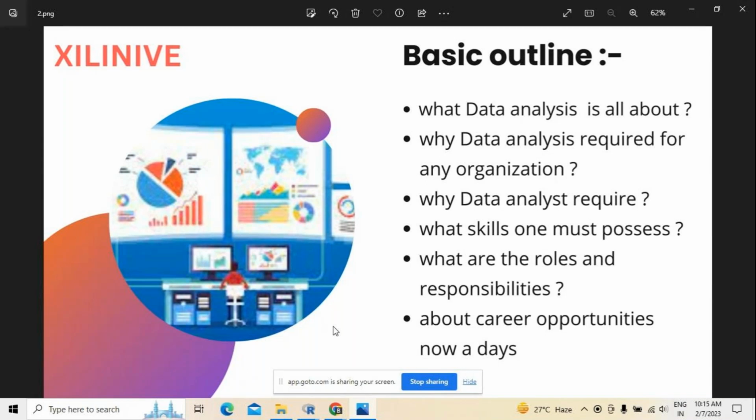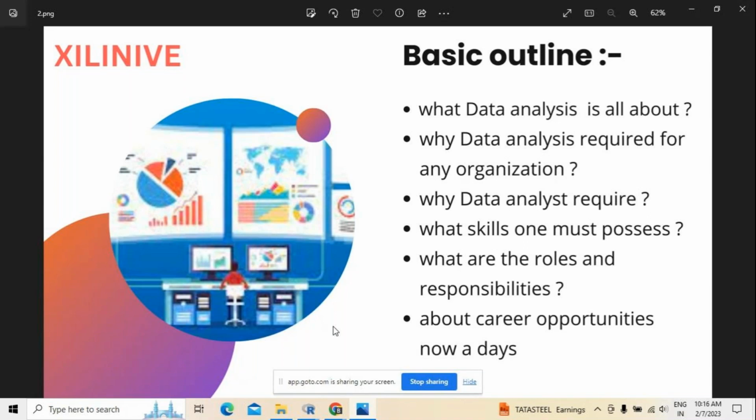I hope people are coming from different professional experiences. Some people may be from a technical background, maybe from IT and all that. Some may be from a non-technical background as well. So today I'm going to explain the basic outlines of data analysis, what exactly data analysis is all about,